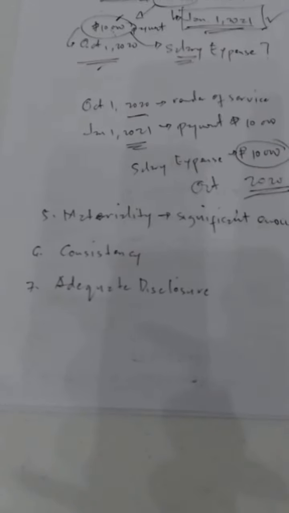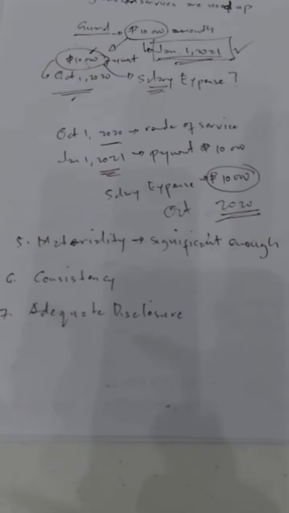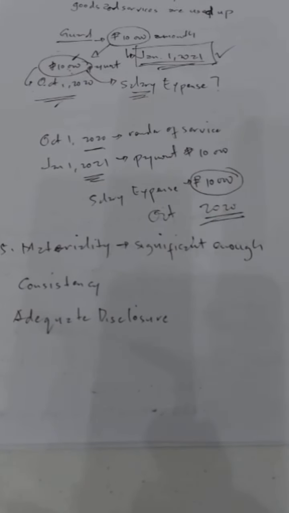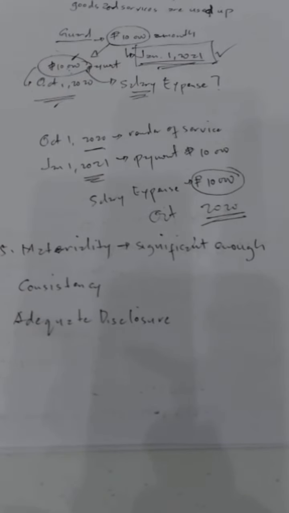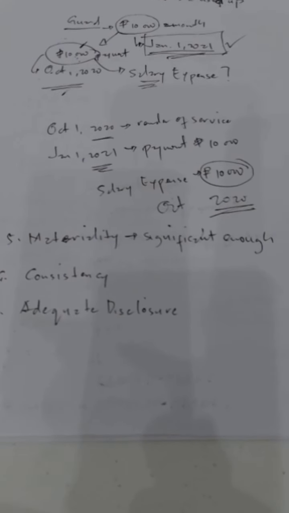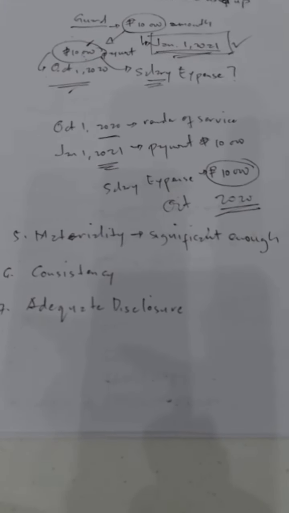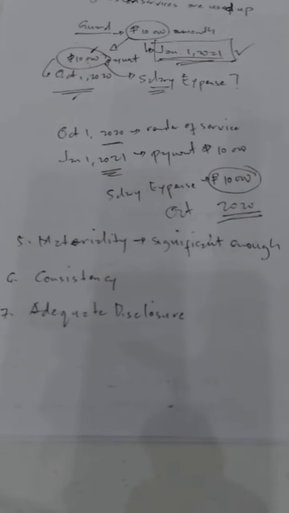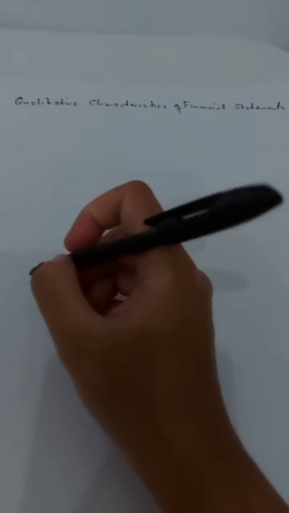Okay, so, adequate disclosure. So, 7 yan. 7 yung basic principles natin. Yung una ay objectivity, historical cost, revenue recognition, expense recognition, materiality, consistency, and adequate disclosure. Next is qualitative characteristics of financial statements. So, merong 4 qualitative characteristics. So, yung una,